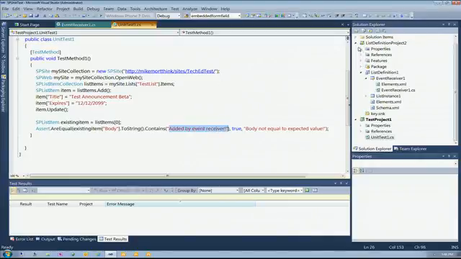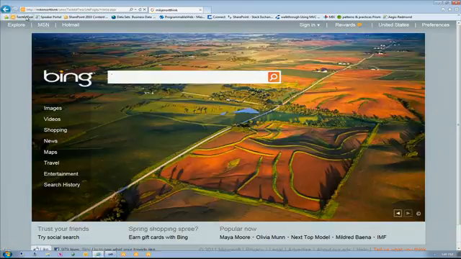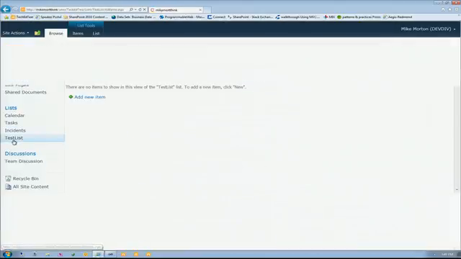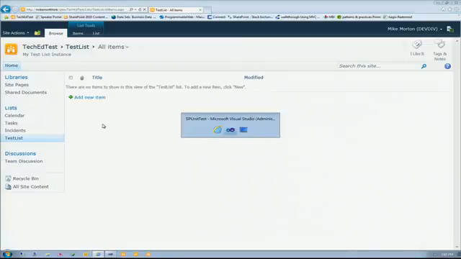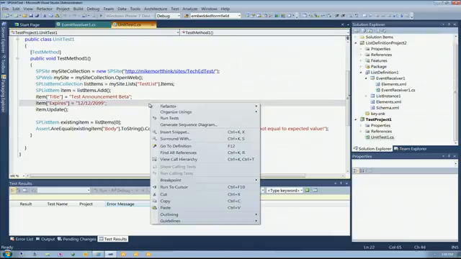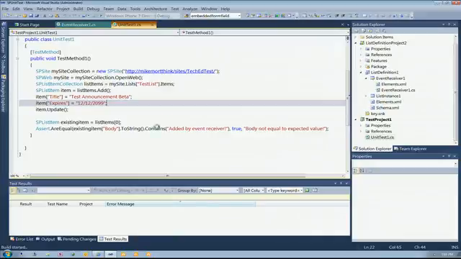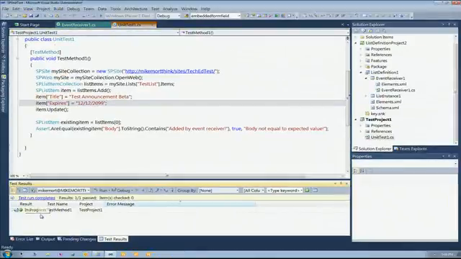So I've already deployed the list itself. It's up on my site. Let's go confirm that. Here's my test list, and it has nothing in it. So if I come back here, right-click and say Run Tests, it's going to run that test. If you look down here, you'll see that test is in progress, and